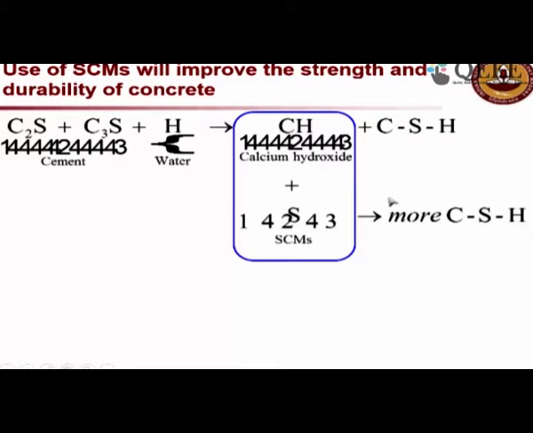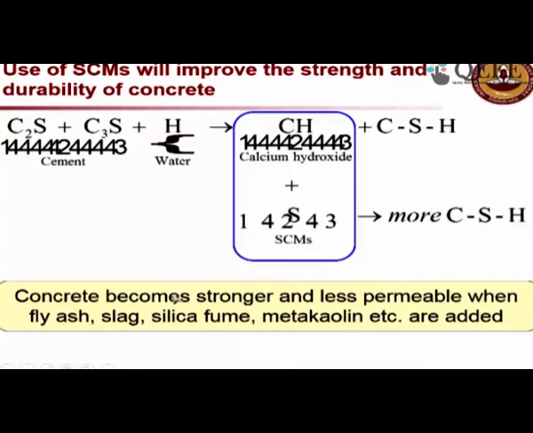So, you essentially get a more compact microstructure. That is the advantage of using SCM. Same content, same volume, you can have a more compact microstructure when you use supplementary cementitious materials. Now, concrete becomes stronger and less permeable. More compact means you can have a higher strength and